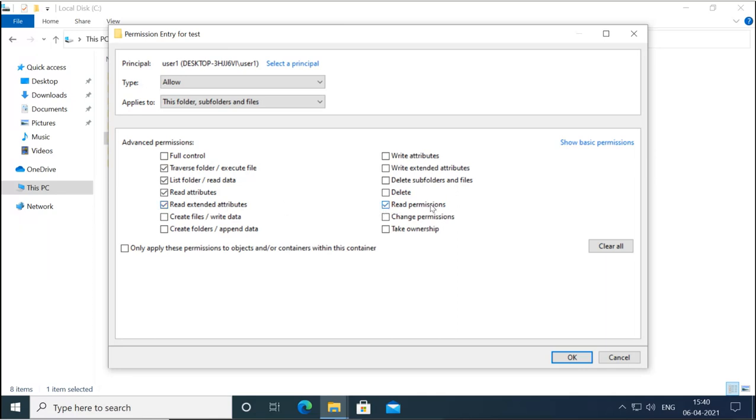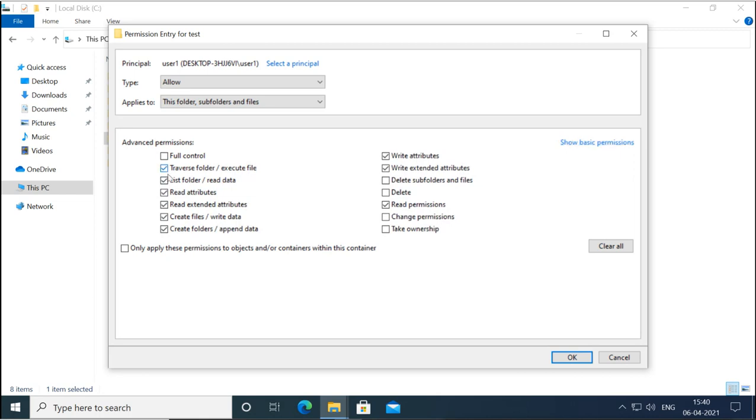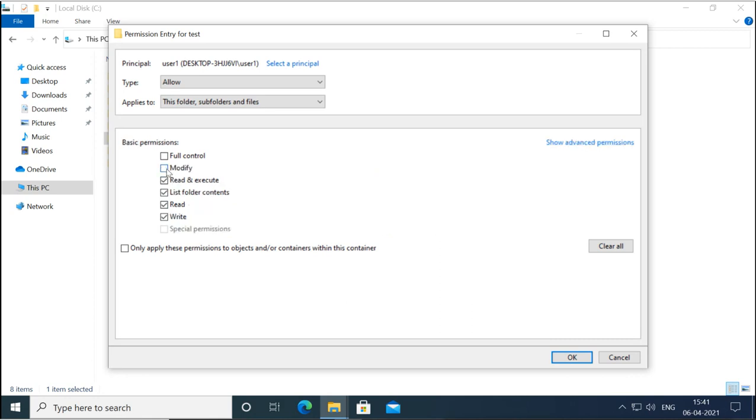Now when I give, let's say, only write permission first, that means what? You can do these read things, but now you can create files, write data, you can create folder, append data, you can write attributes, you can write extended attributes, but still you cannot delete anything and you cannot change permissions and all that.